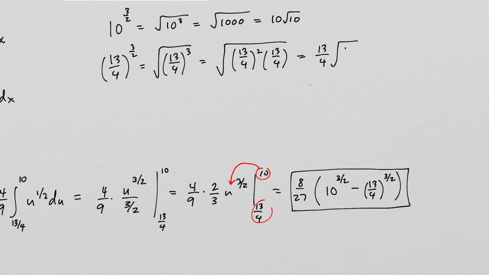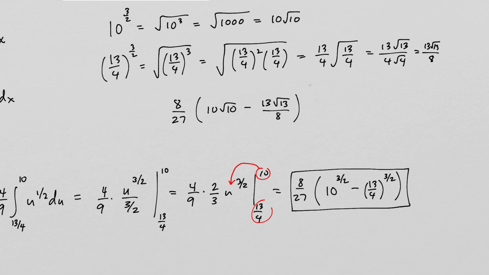And then we have the square root of 13/4. I can write this as 13 radical 13 over 4 radical 4. But radical 4 is 2, and so we can write this as 13 radical 13 over 4 times 2, which is 8. So in the end, we can say our answer is 8/27 times 10 radical 10 minus 13 radical